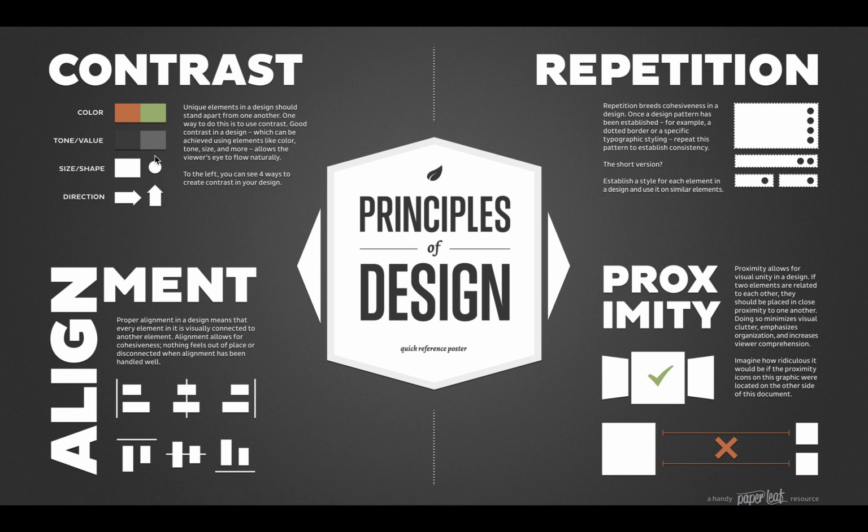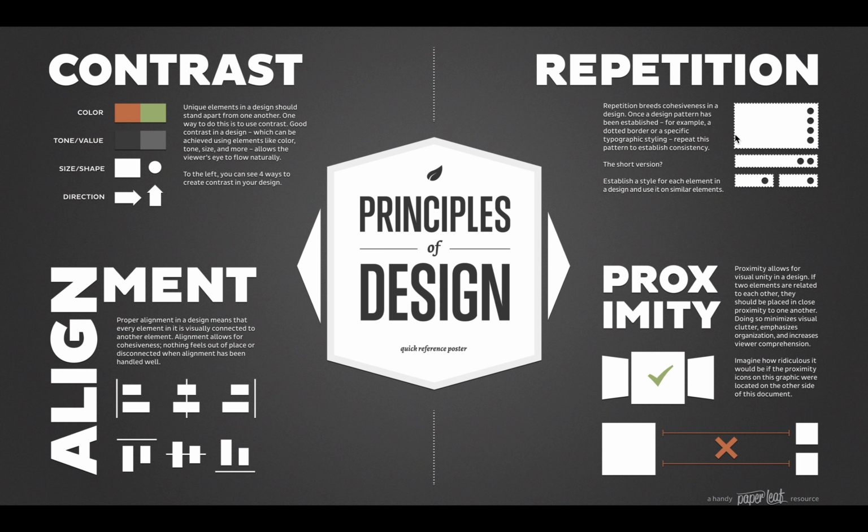Contrast. A lot of times all of these do something to emphasize, right? So you'll see there's a lot of overlap, but these are terms that you should be able to use effectively. When you have two things of starkly different colors, tones, and values, or size and shape or direction, then those are going to emphasize a difference. They're going to emphasize distance between two things, the types or the functionalities of groups, right?